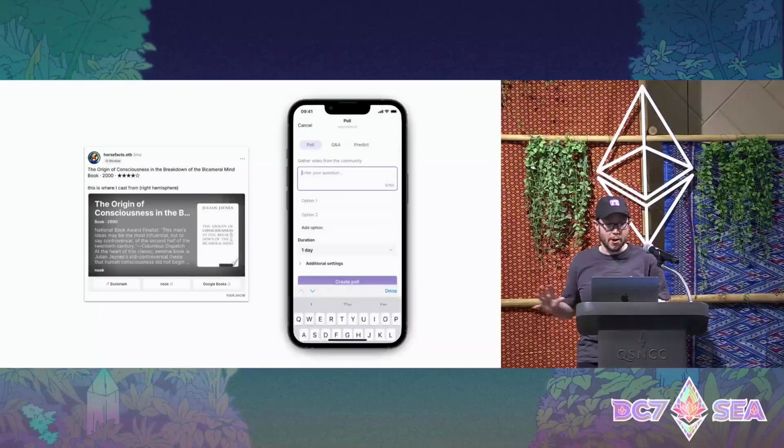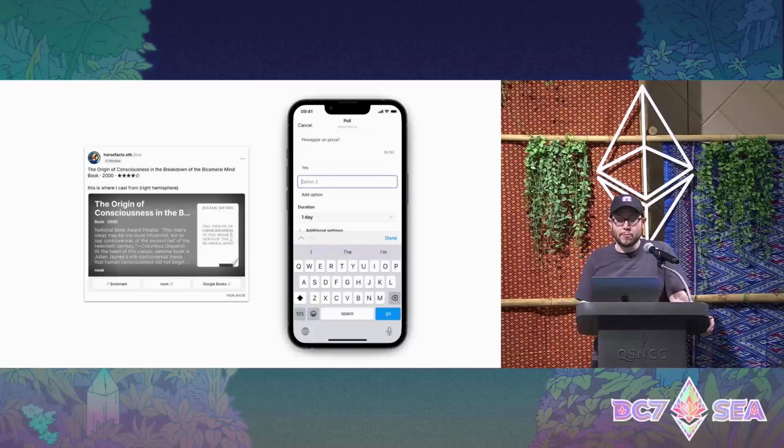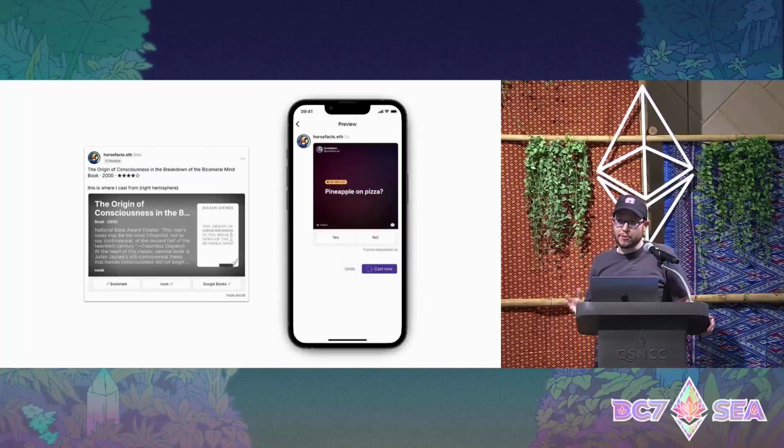So frames are cool on their own, just as an embed that appears in the feed, but they get even more interesting when you combine them with other programmable surfaces in Farcaster. Throughout Farcaster, we've tried to build in places where you can program Farcaster, right? You can build through APIs and open standards the ability to build your app into the Farcaster social feed. So for example, developers can build mini apps that interactively add frames from the cast composer. You can create a poll with Ponder and insert it into a cast on Warpcast. You could search for a GIF to insert from a GIF keyboard, or you could share media like books, songs, and movies with Nook.